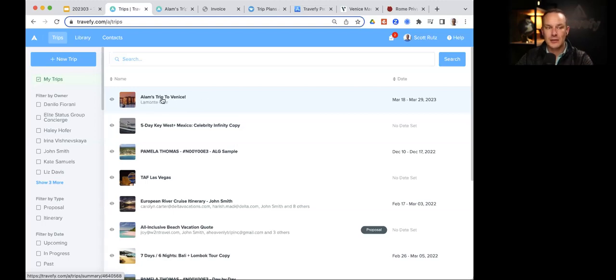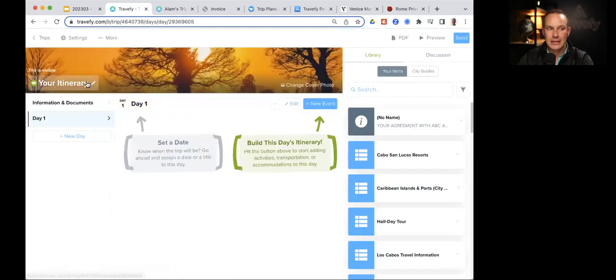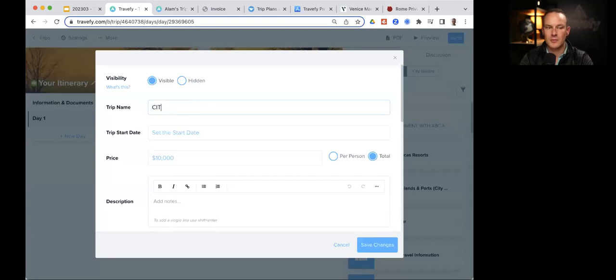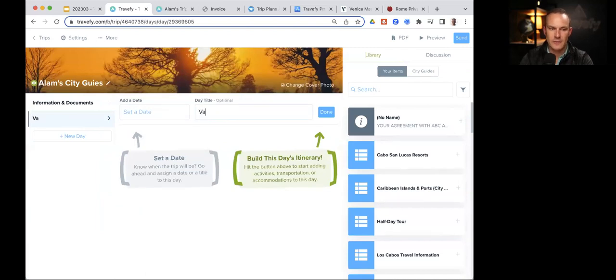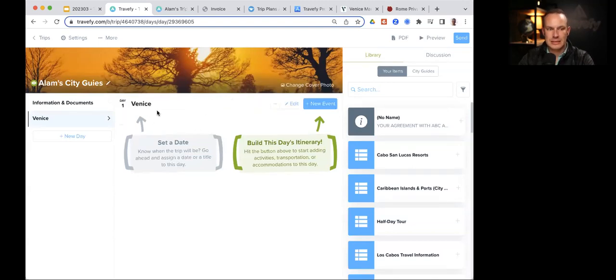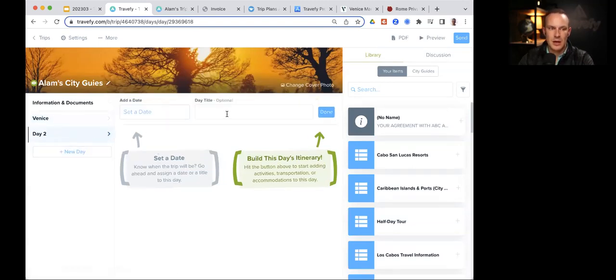So let's imagine this Alum's trip to Venice is the itinerary, and that we're not going to add city guides to that. We're going to invite Alum to this itinerary, but then I'm also going to choose a new trip and itinerary. And in here, we'll say this is called our Alum's City Guides. And I'll choose save. I'm not going to set a start date because now I'm going to retitle this day as Venice. So I'll drop in the title for Venice. I might also add in another day title of Positano, because maybe Alum's going to Positano or something like that,